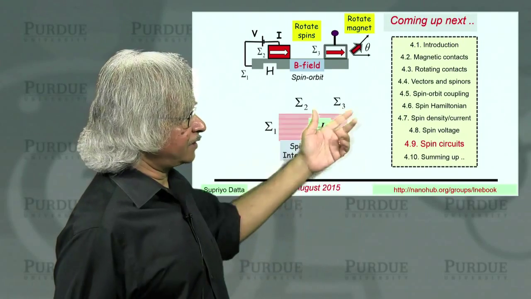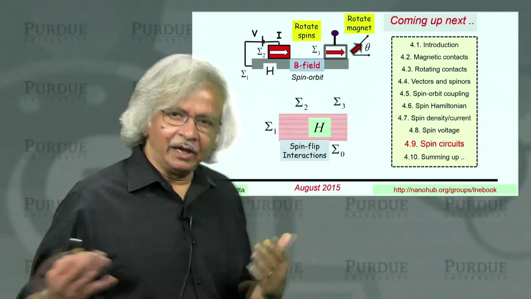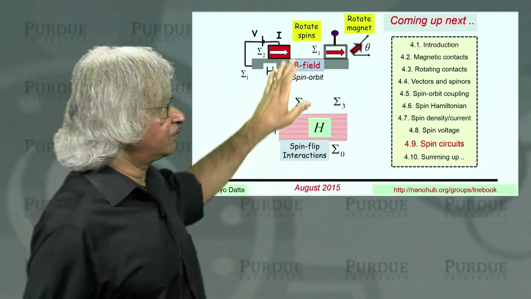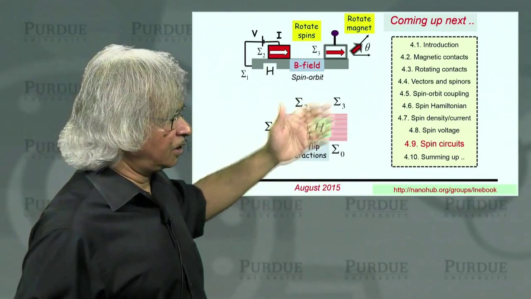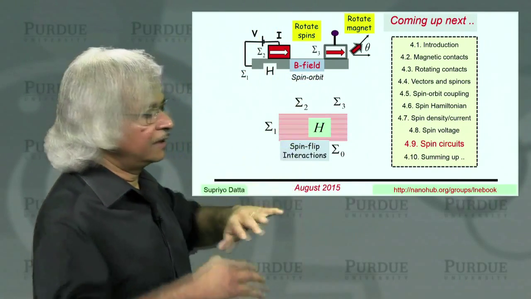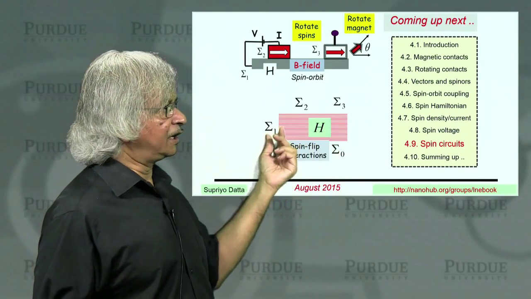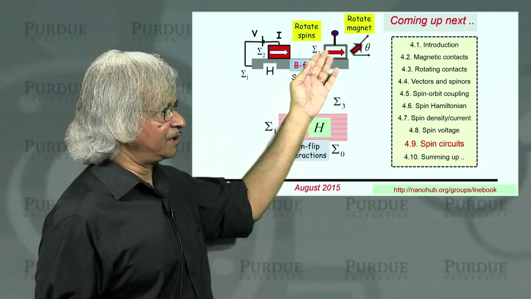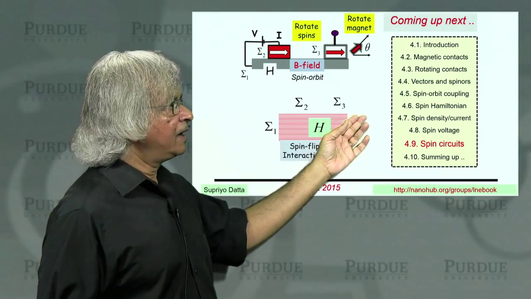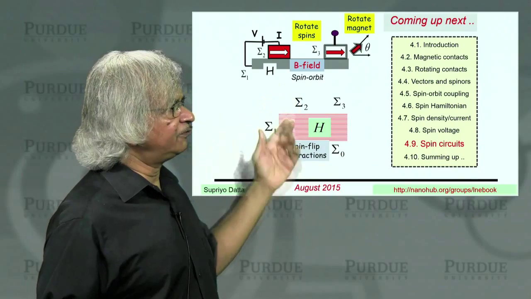And the main point I was trying to make at the end is that there are many experiments now, many ways of generating and detecting these spin potentials. It could involve magnets, or it could involve spin-orbit coupling, etc. Now, how would you model these things? Well, what we have discussed in this unit is how you could write down the H and how you could write down the sigmas. So for an experiment like this, you might need 3 sigmas for the 3 contacts, for example. But one important point that we haven't talked about is the spin flip interactions.